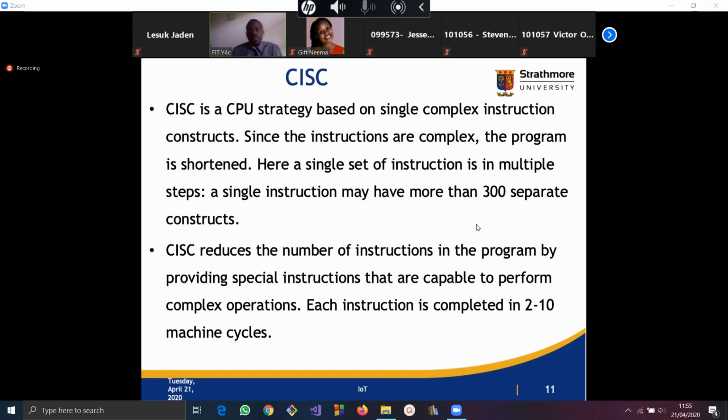The question you should be asking is, what is this thing that is maybe modifying the program to maybe a RISC strategy or a CISC strategy? Okay, so you have heard of a compiler, so that is the work of the compiler. Okay, so if this compiler is using a